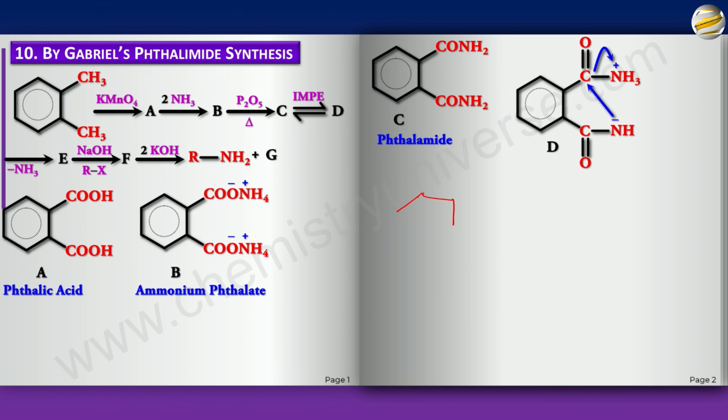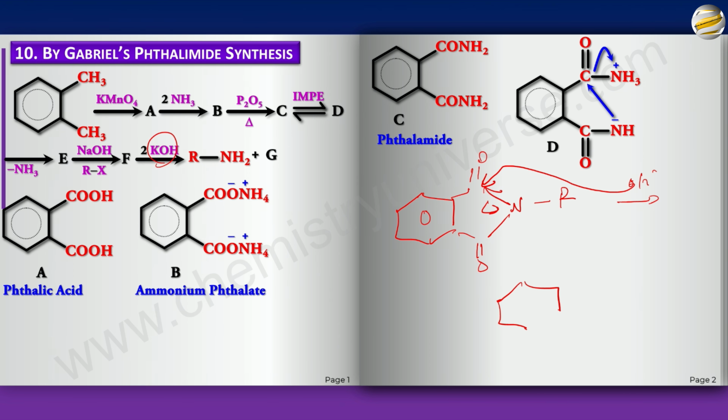So far, we got this N-alkyl phthalimide, right? Now, when you do it with OH minus, with this KOH, this OH minus attacks this carbon and the N gets released. You have basically OH and CONR minus. There's a proton transfer from here to N. So you get a phthalate ion